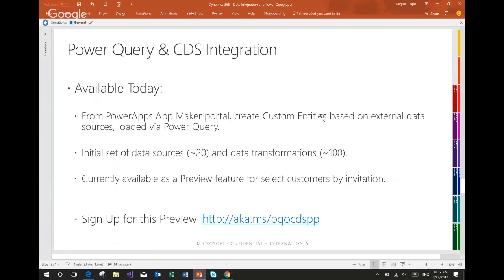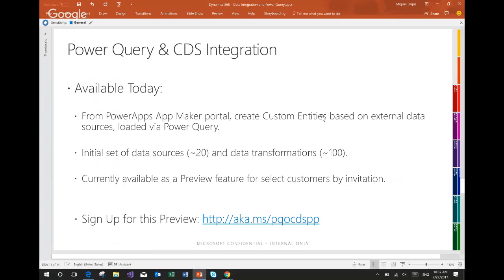In terms of what's available today, we're putting out a first initial integration that allows users from the Power Apps portal. So I'm going to show that, but it's basically when you go to the entities tab in the Power Apps portal, and when you get the list of all the entities, you're going to be able to create a new entity based on external data sources. And that will take you through a get data and data preparation experience that's web-based, but you'll clearly recognize there the footprint of Power Query in terms of capabilities and also the user experience principles, the basic concepts, things like the query editor, the steps, and so on. So we're going to walk through that.